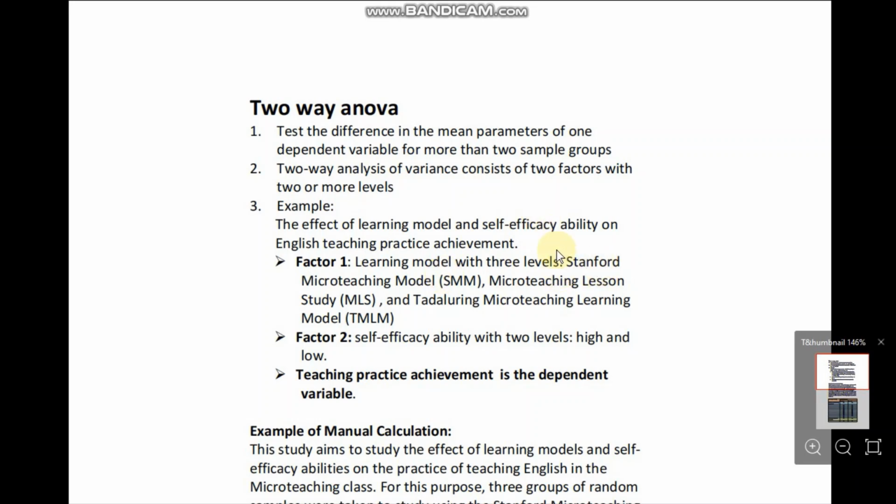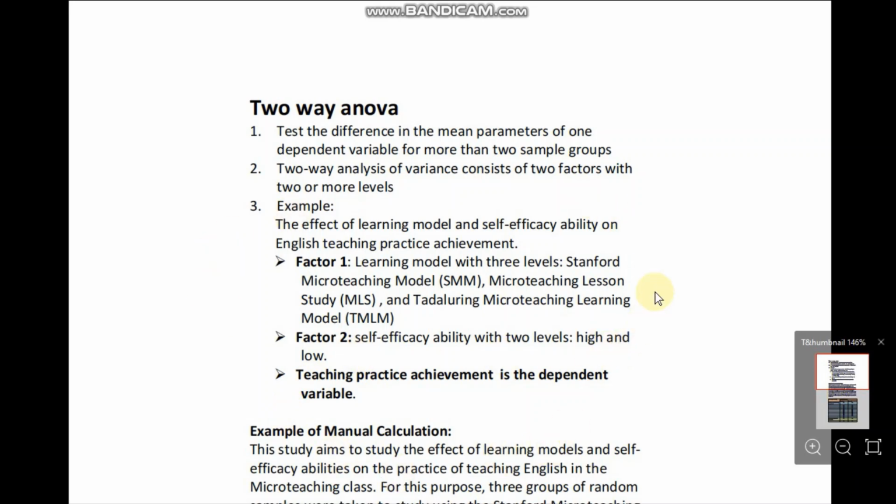The first is Stanford Micro Teaching Model or SMM, the second is Micro Teaching Lesson Study or MLS, and the third is Tadaluring Micro Teaching Learning Model or TMLM. Factor 2, self-efficacy, has two levels, high self-efficacy and low self-efficacy. And the dependent variable in this research is teaching practice achievement.